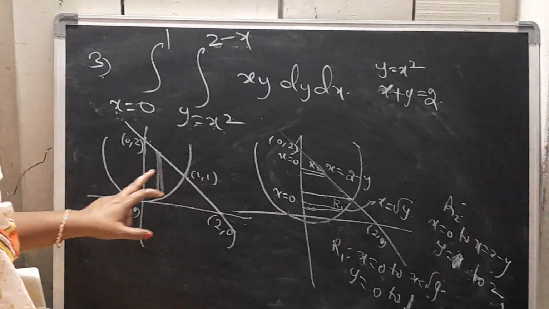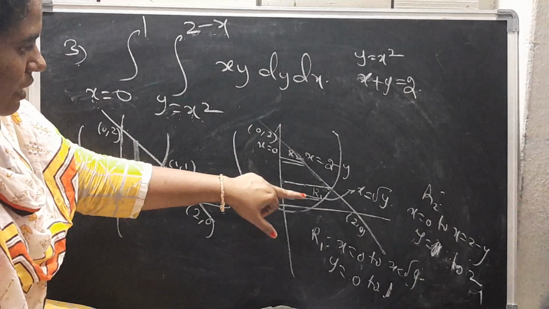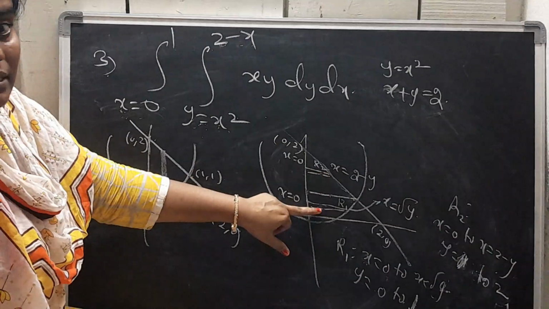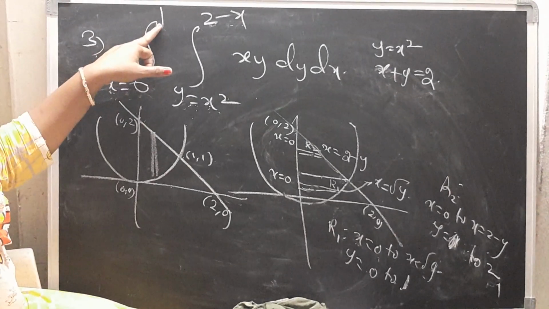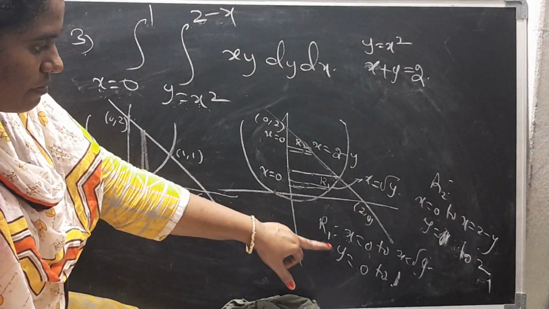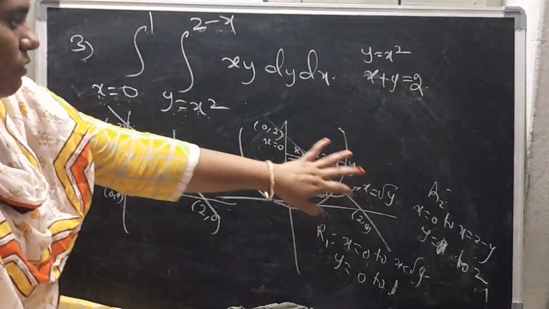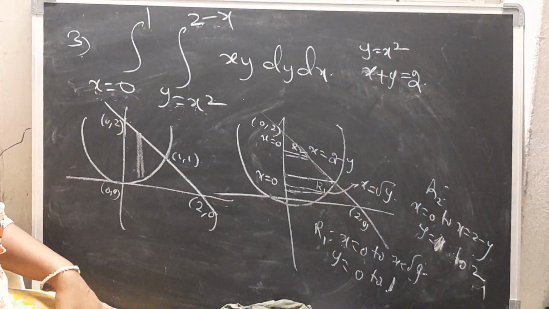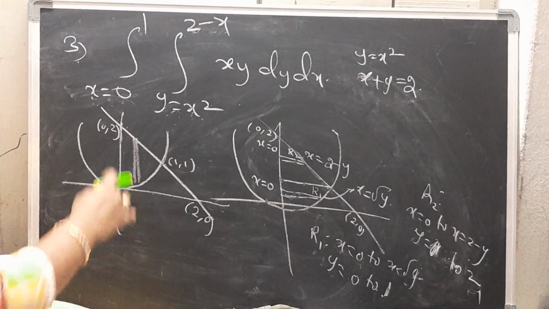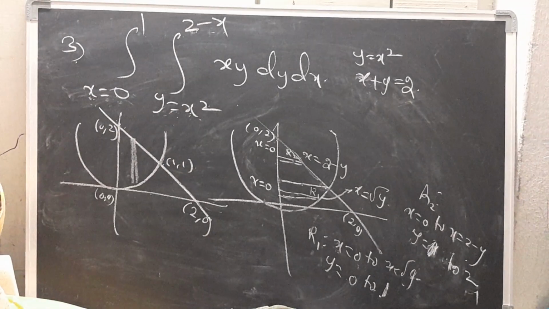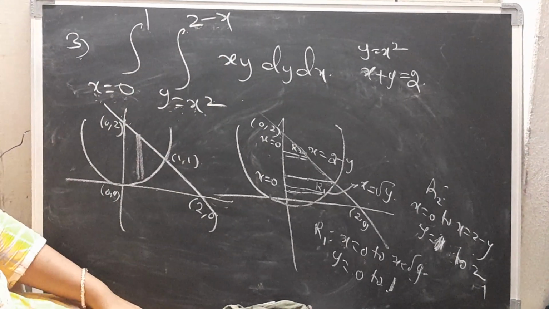So this is the problem. Here a vertical strip is given; to consider a horizontal strip, the given region is divided into two parts. In the vertical strip, the outer limit is x equal to 0 to 1. Next, the outer limit is y equal to 0 to 1 and y equal to 1 to 2. So region 1 plus region 2 will give you the answer for this integral. First region plus second region gives the final answer. This is the change of order of integration from the third problem. Try the complete solution of this one and you get the idea.